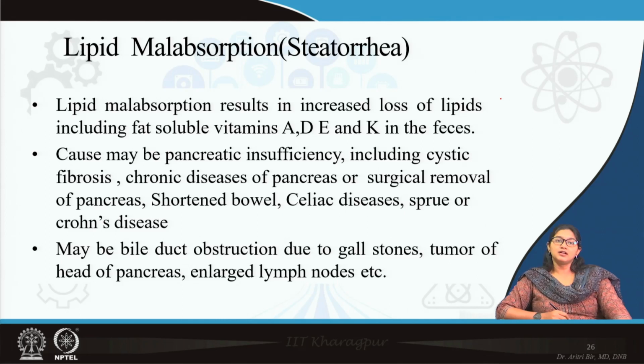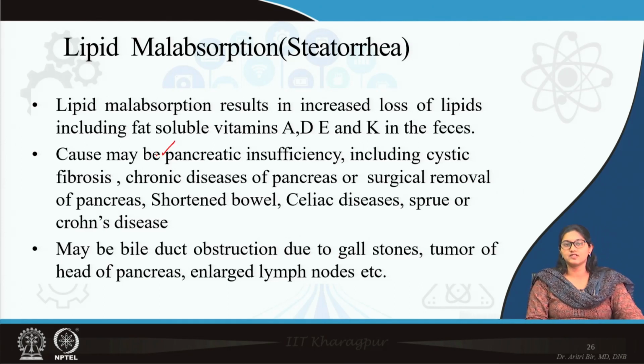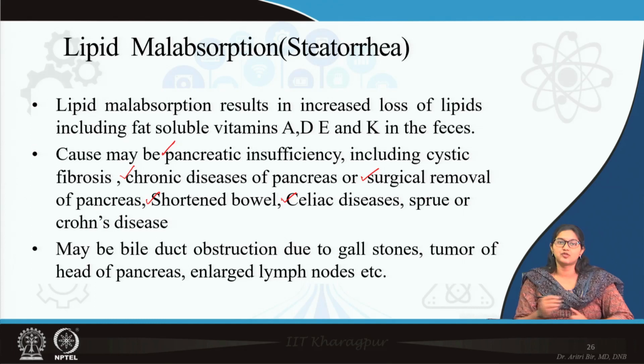So, what happens in lipid malabsorption? Whenever there is lipid malabsorption, remember along with lipid there is deficiency of the fat soluble vitamins. These malabsorption can be from pancreatic insufficiencies like cystic fibrosis I mentioned. Apart from that, there are other chronic diseases of pancreas like pancreatitis. There can be surgical removal of pancreas in case of malignancies or other disease. Then shortened bowel, celiac disease, Sprue or Crohn's disease, these are all the malabsorption syndromes,